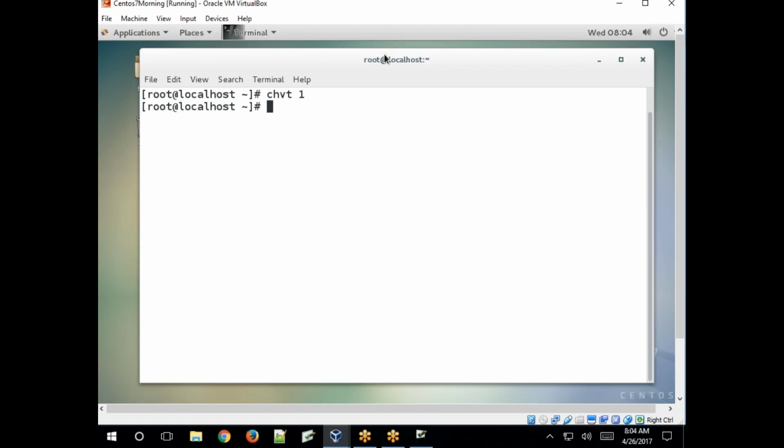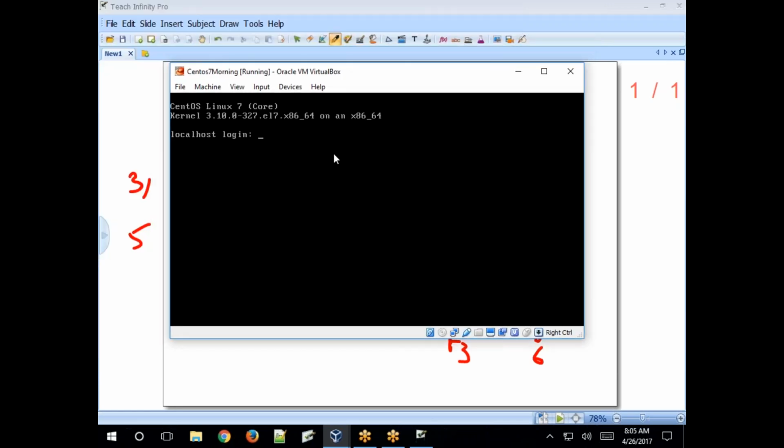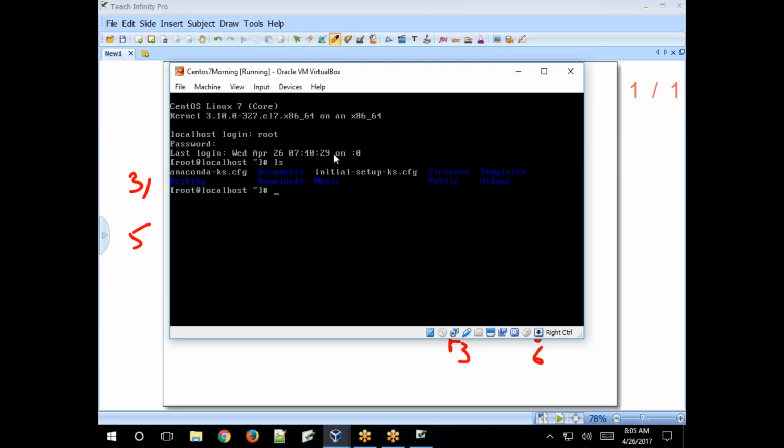Currently you are in virtual console 1, the graphical console. chvt 2 switches to the second virtual console, the non-graphical console. Then username root, log in, then list the files, create files, perform another task, execute scripts, installations.